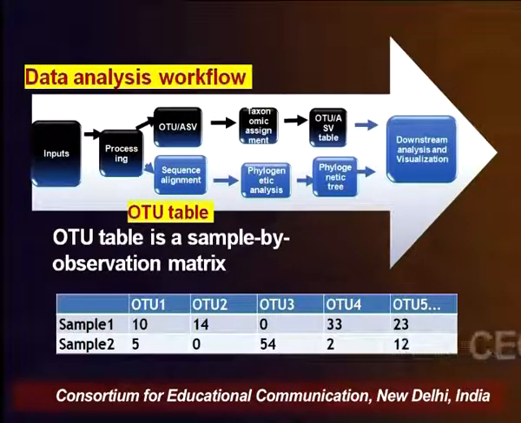So next in the workflow, what we get out of this clustering, taxonomic assignment and OTU picking is an OTU table. What is an OTU table? It is a sample by sample observation matrix, meaning first we identify all the OTUs, like here I have labeled them as OTU1, OTU2, OTU3, and then in the vertical we write the samples in this matrix. Once this matrix is ready, we can quickly reach the downstream analysis and analyze this data for various parameters which we want to study.